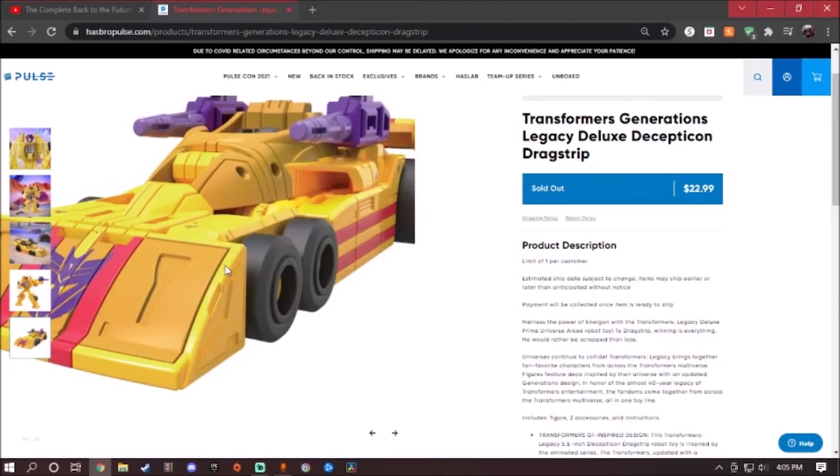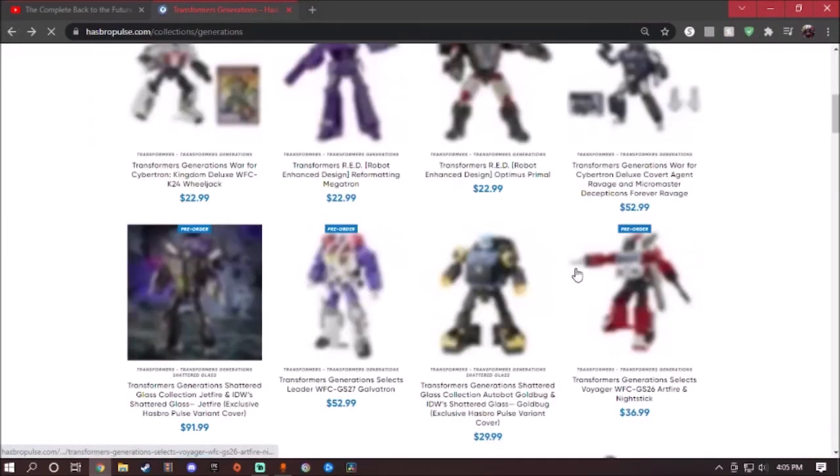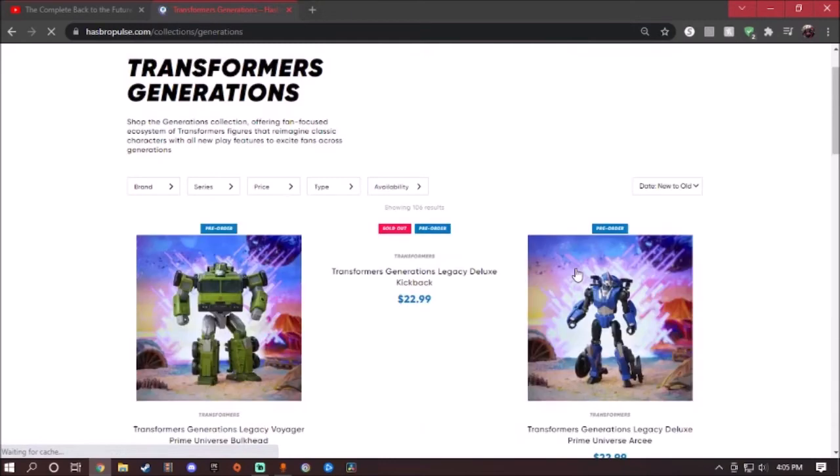But here's the vehicle mode. Like I said, the vehicle mode is kind of a little bit of a letdown because of the front bumper. And yeah. Now we can get on with the main entree itself. Well, himself, sorry. The Leader Class